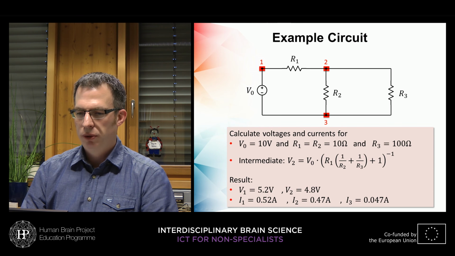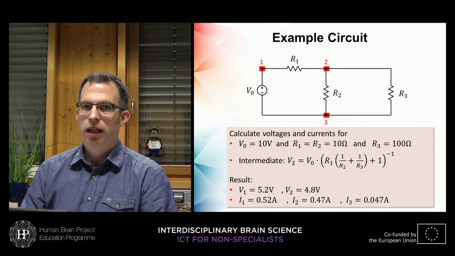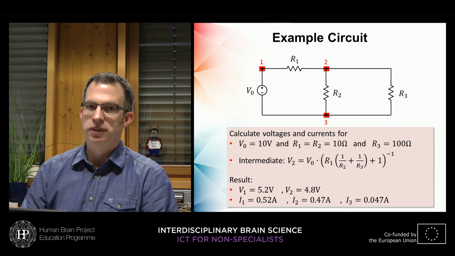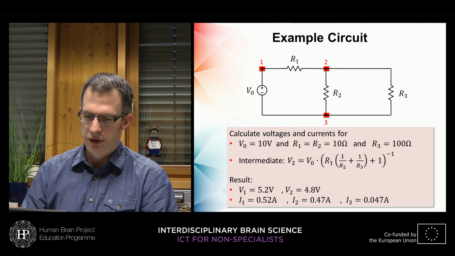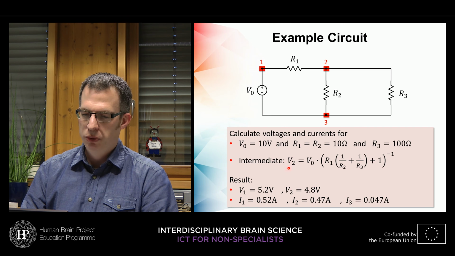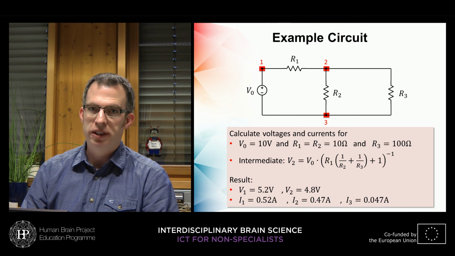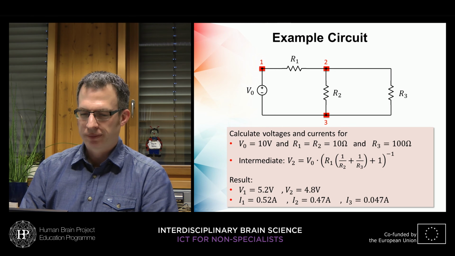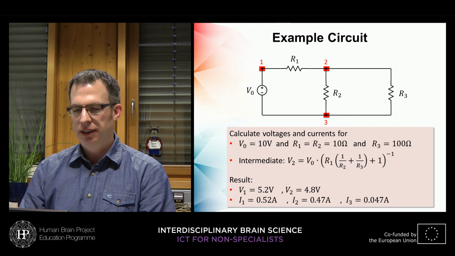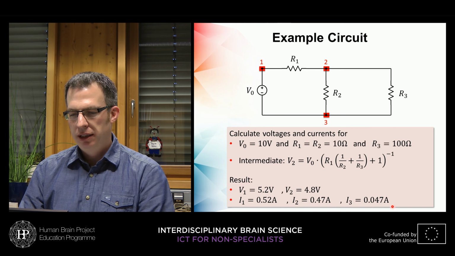You can start with the current law for node 2, as we did in the previous slide, and then express all the currents with the voltages across the connected resistors. You will have then, for example, an intermediate result like that. V2 equals V0 times the expression in these braces. And I've given you the result at the bottom of the slide here. You may read it